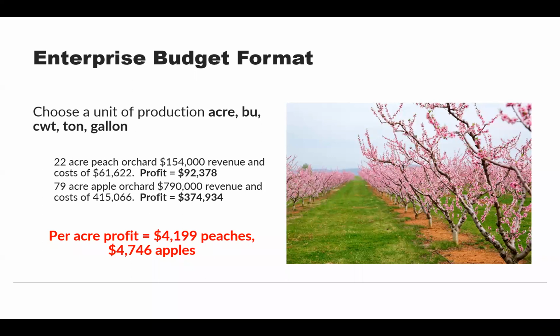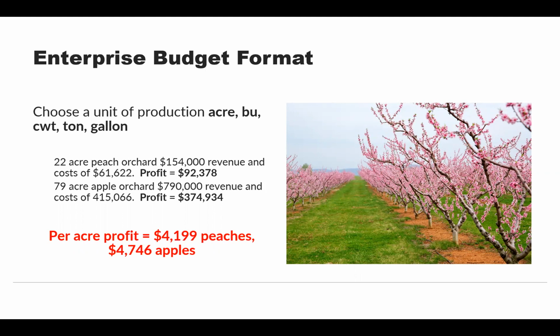The other thing is you often define the units, and that will depend on your enterprise and how you collect data. In some industries, you cut fruit in bushels, and that's how you sell it. Sometimes it's in hundredweight, sometimes in tons, sometimes in gallons. So the way you routinely sell or use that commodity will affect what unit you choose. Per acre is useful when you're comparing enterprises that both use land resources but are sold in different units, because at least per acre gives you something that's comparable.